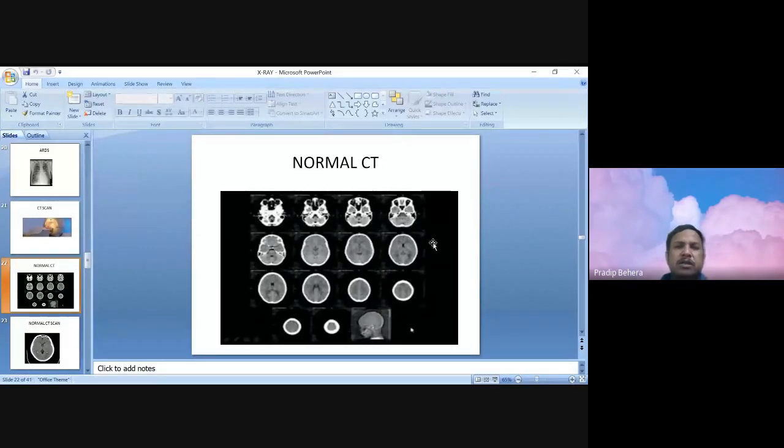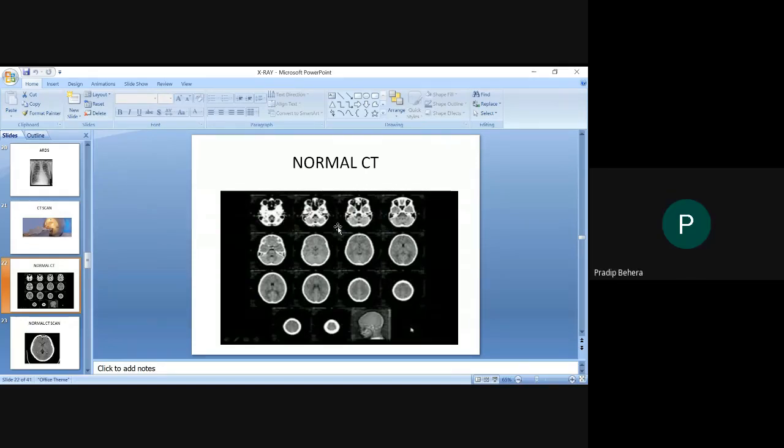Here you see there are different cuts. We can take them depending on the technician or our need. We can take larger cuts, so that suppose for the brain here there are around 12, 14 cuts. If we want smaller cuts, to identify smaller pathology, we can take them. Instead of 14, we can have around 25 slices. So we can have different cuts.